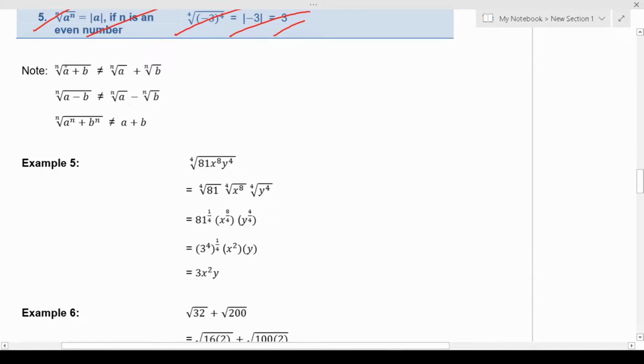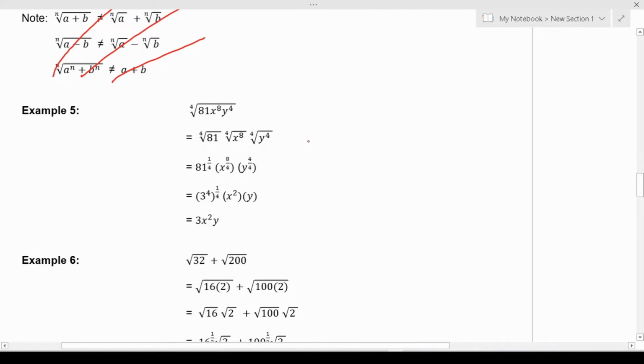Bear in mind that, again, in the first radical law we looked at, there was multiplication inside the radical. If it's addition, you cannot use the law. If it's subtraction, you can't use the law as well. Okay, so just keep that in mind as well. All right,